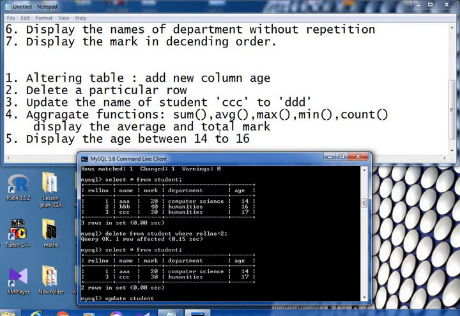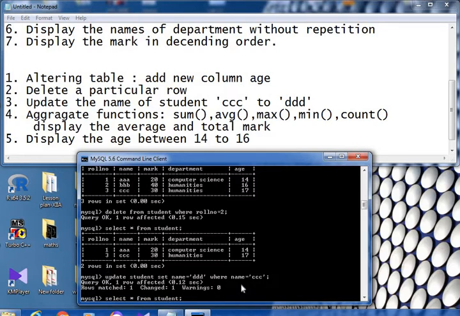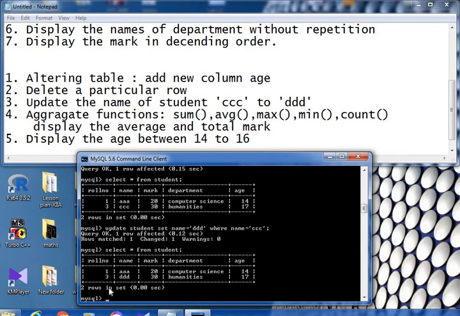Here we are going to change the name, so set name equal to the new value DDD where name equal to CCC. Then select star from student, and it will show the new name. This way we are updating a particular value in the table.